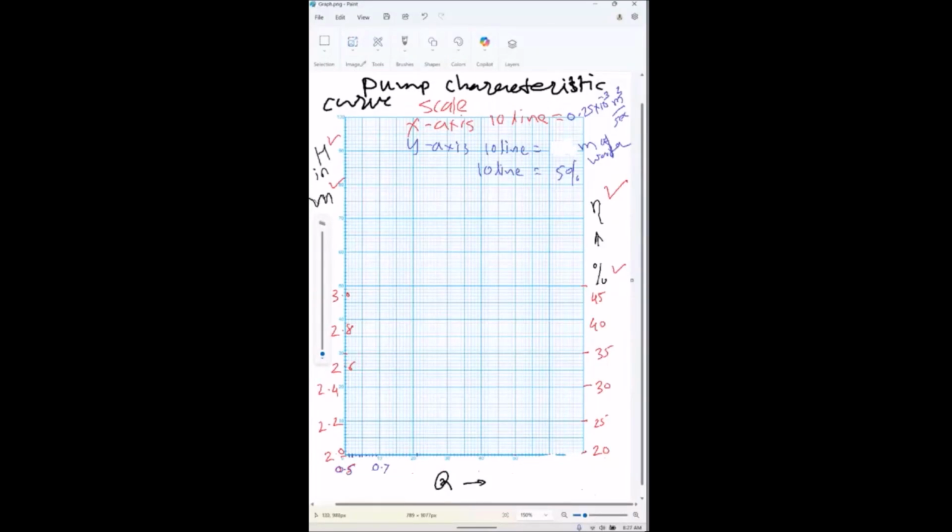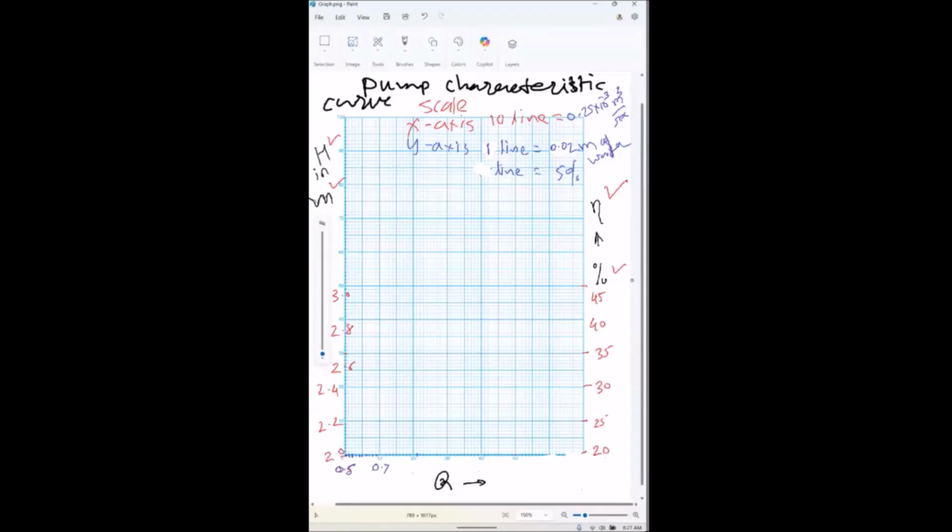I am starting from 0.5. You don't need to start from 0; you can start from any value. So this is 0.5, then 0.7. I will change this also, one line. That means divided by 10. So here one line is equal to